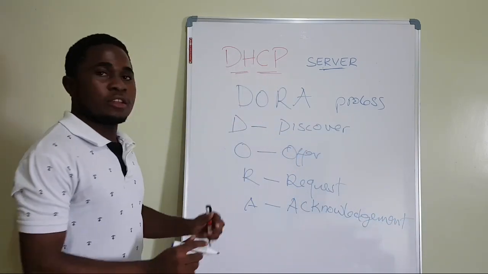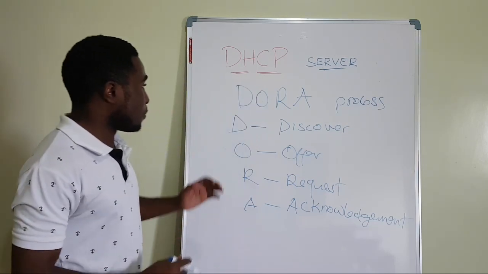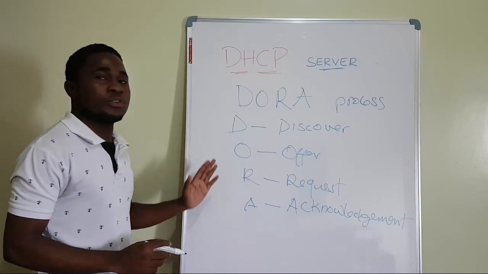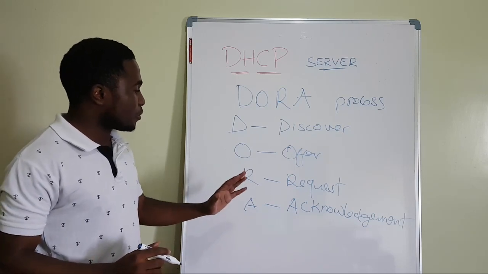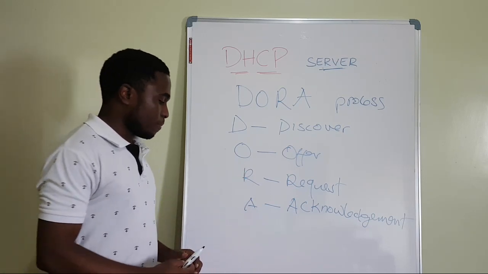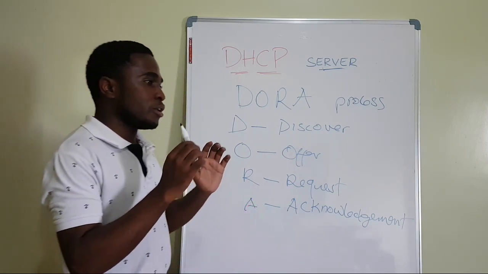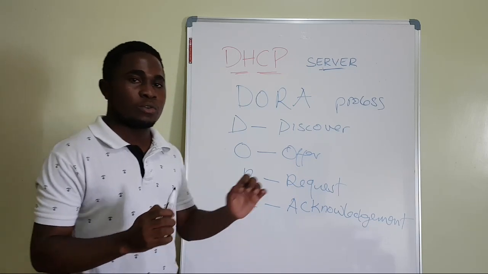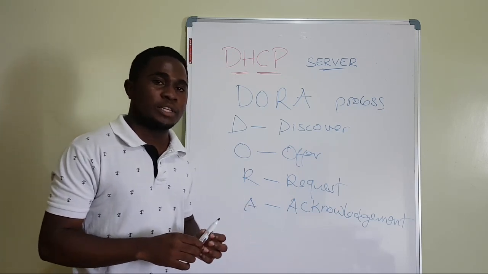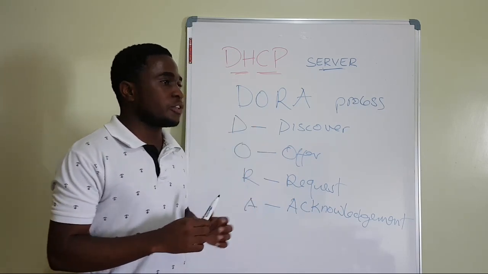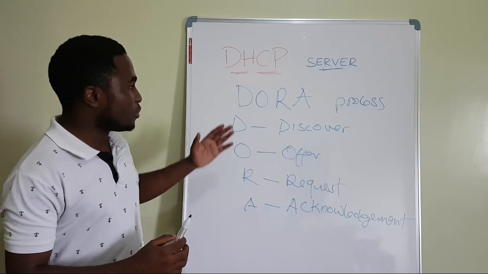I hope you are able to see my handwriting on this board. The DORA process is abbreviated this way: D means discover, O means offer, R means request, and A means acknowledgement. How this DHCP server works is that we have the server and we have the client computer. The client would like to get an IP address to access the internet. So it's the DHCP server that will give the client an IP address automatically by working using this DORA